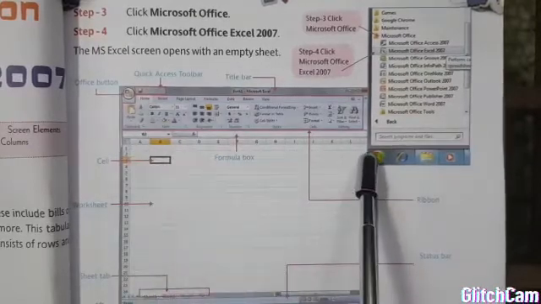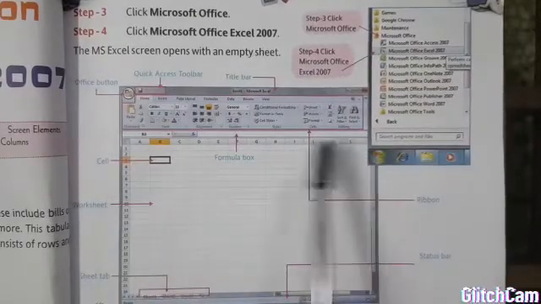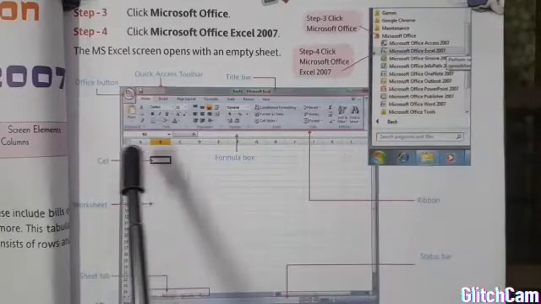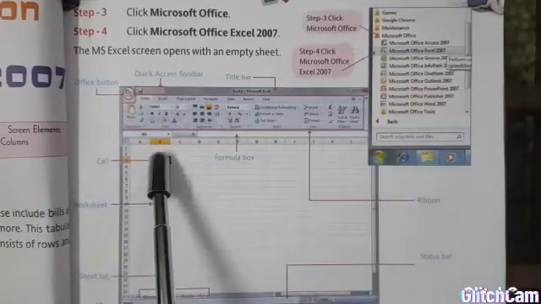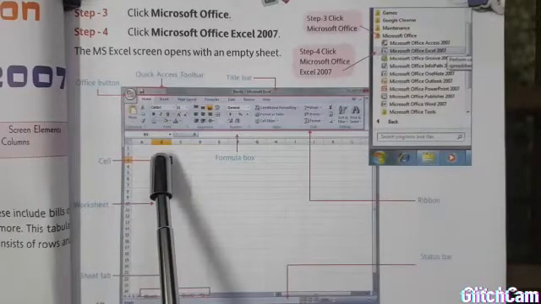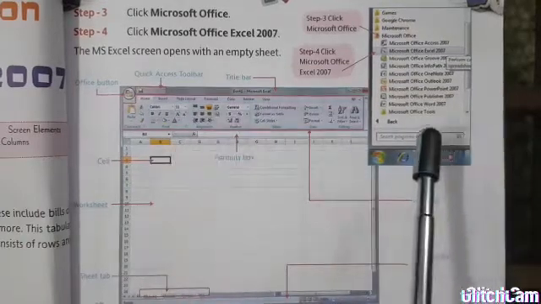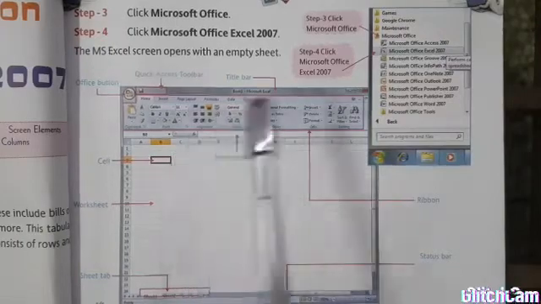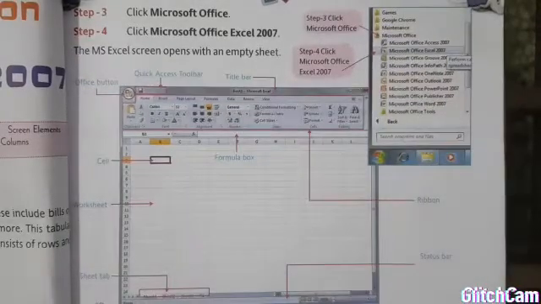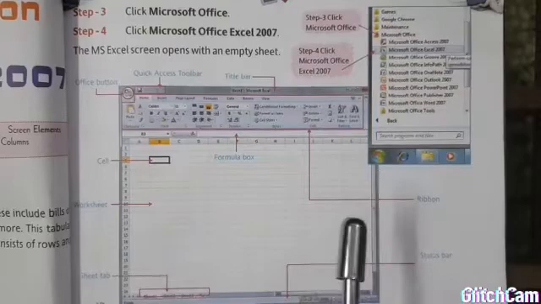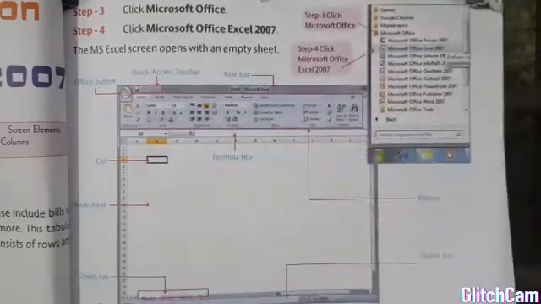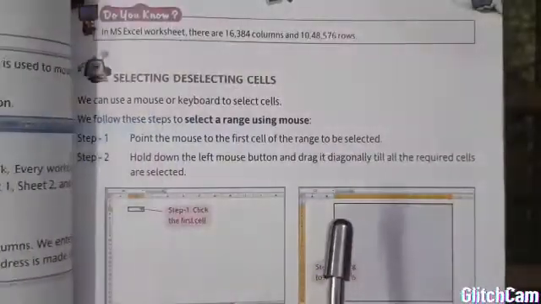After this, it will go till Z, that is A, B, C, D till Z. Then again they will start: AA, AB, AC till AZ. Then again BA, BB, BC till BZ. In the same way CA, CB, CC till CZ. And in the same way it goes on, and the last column is XFD.